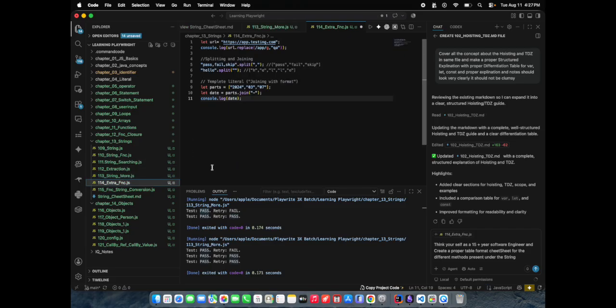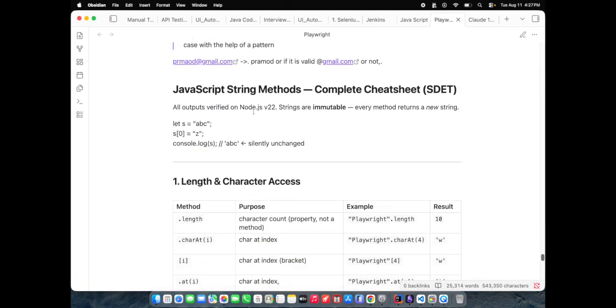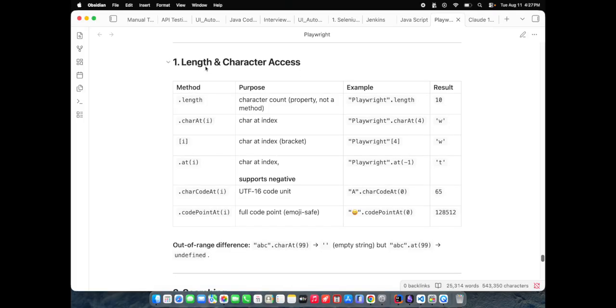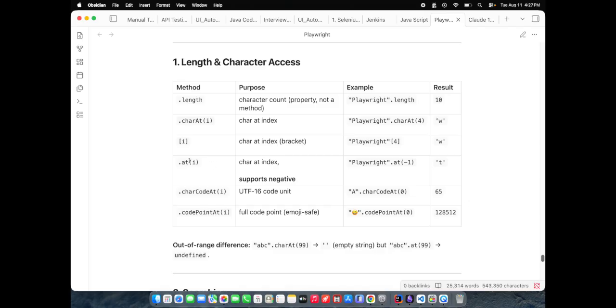Then we have extra functions, which are basically used for splitting and joining, those kinds of string functions. Before that, let me give you an overview of length and characters. These are the methods which we have discussed now. Length will give the length, charAt will give the character at an index, and the bracket notation will also give an index. For example, like this we can use it. And at will support negative indexes also, and it will result like this, so -1 and so on it will support.